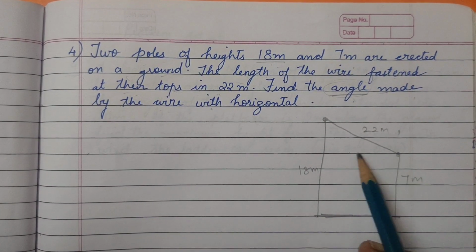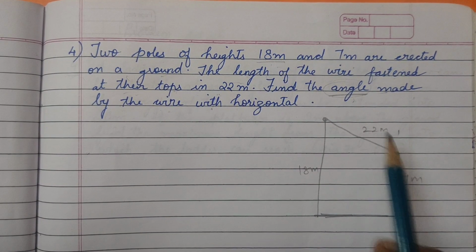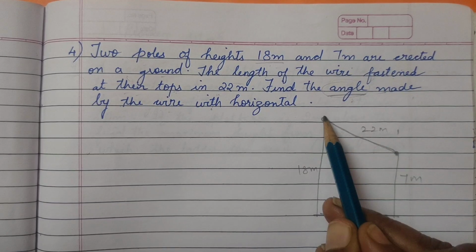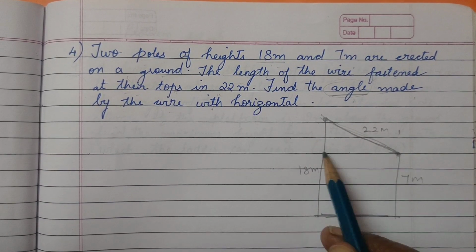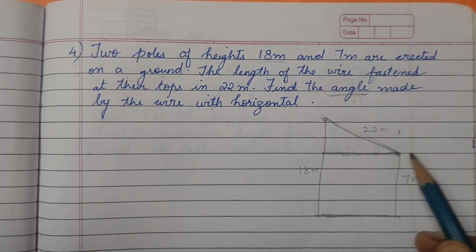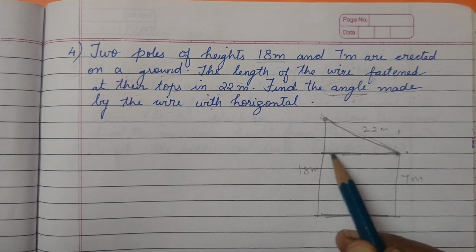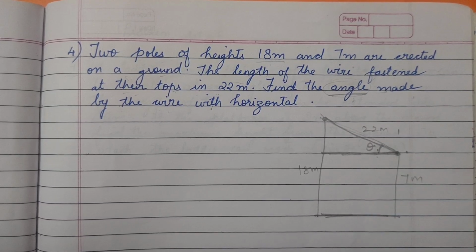Now find the angle made by the wire with the horizontal. See, my dear, here we consider this is the one top and the second one. So it has been made in this form. It is a form like an elevation here. So we consider this is the horizontal here. You consider this is the observer on one side. So from here this is horizontal. So we need to find out what angle is this.